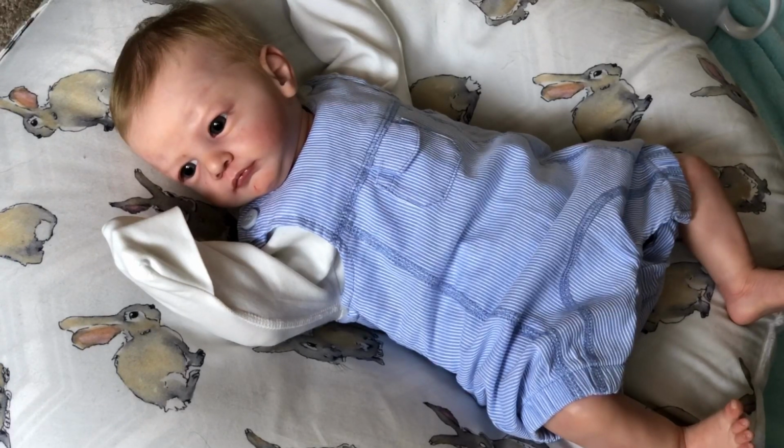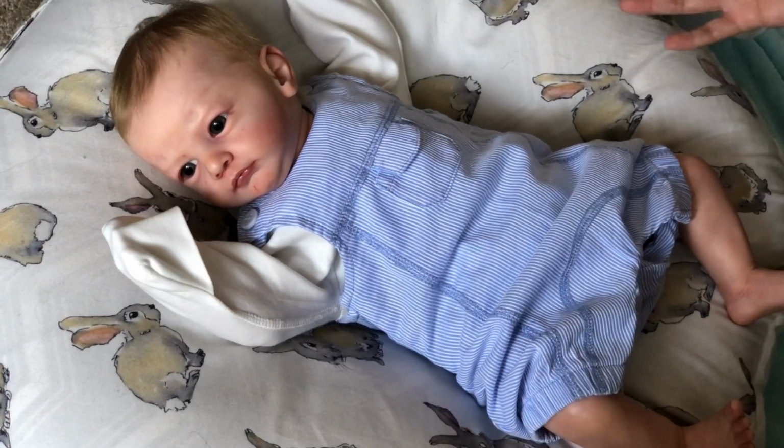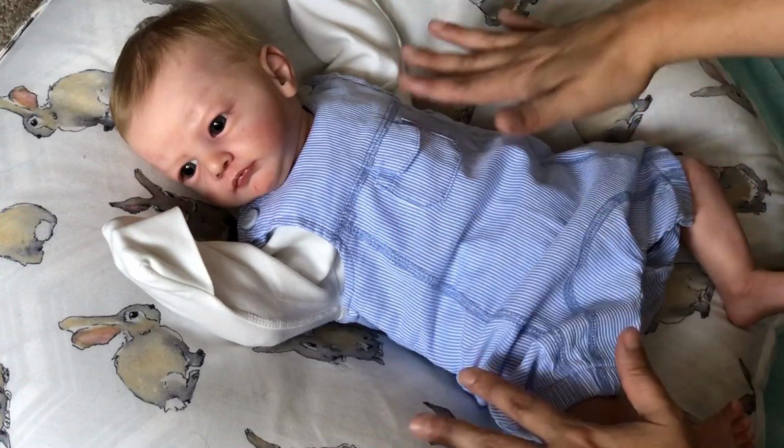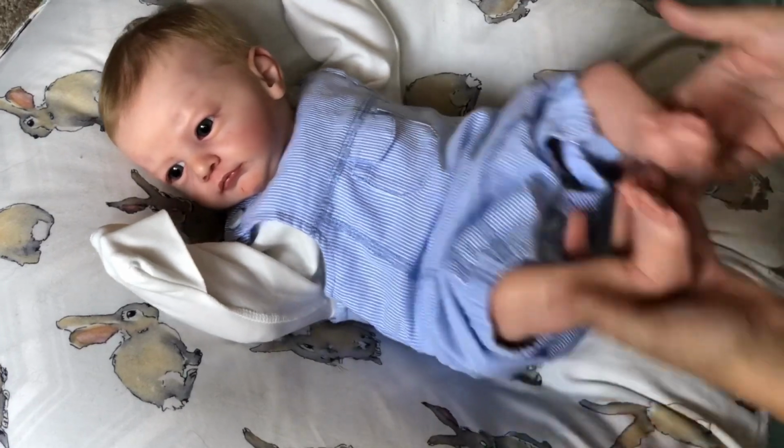Another artist that I hope is going to follow her contemporary artist is Lindy Scher. I love the faces on Lindy Scher's dolls. But then again, she does the 3/4 limbs. Sometimes it's 3/4 legs and full arms, or both 3/4. I can't. And I've spoken about this before. I just really cannot do